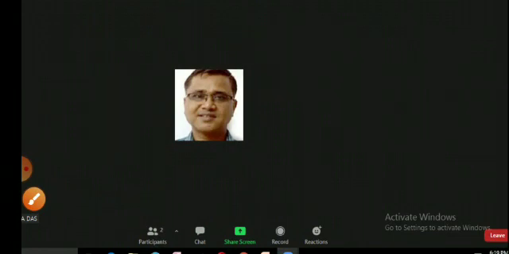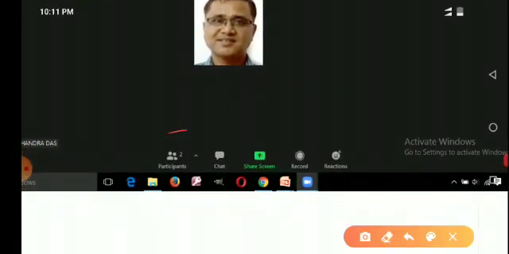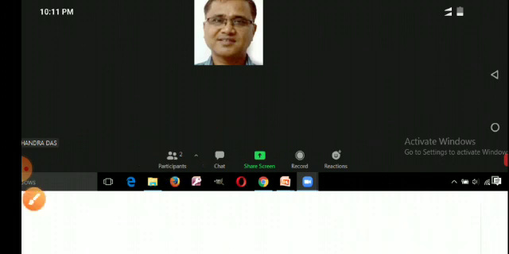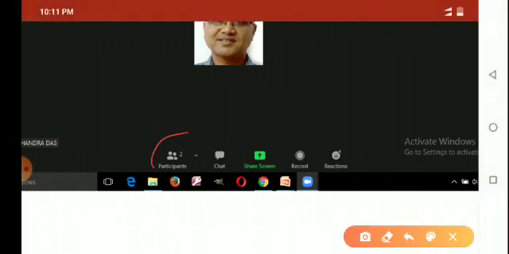Then you see here one icon where it is written participants. If you click here, then you can see how many participants are attending the meeting. Here you can see 2 is written. That means 2 participants are attending the meeting. Understand?